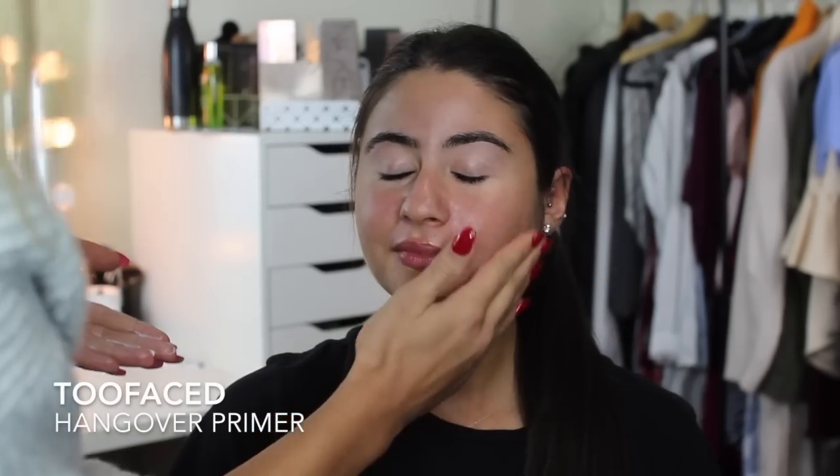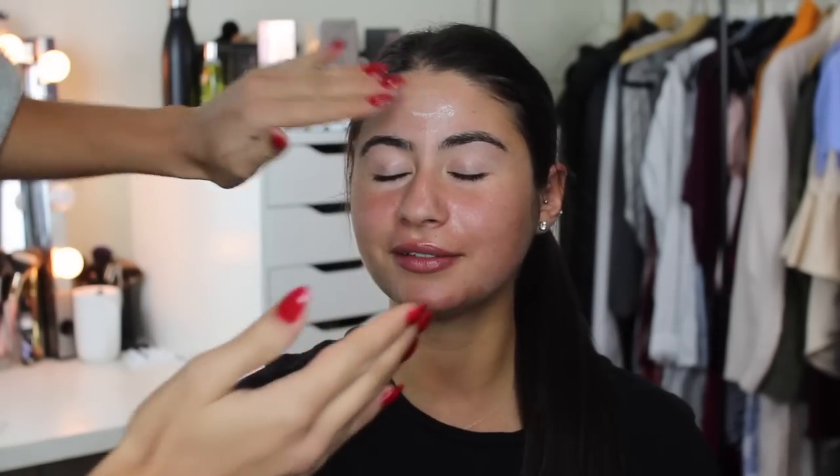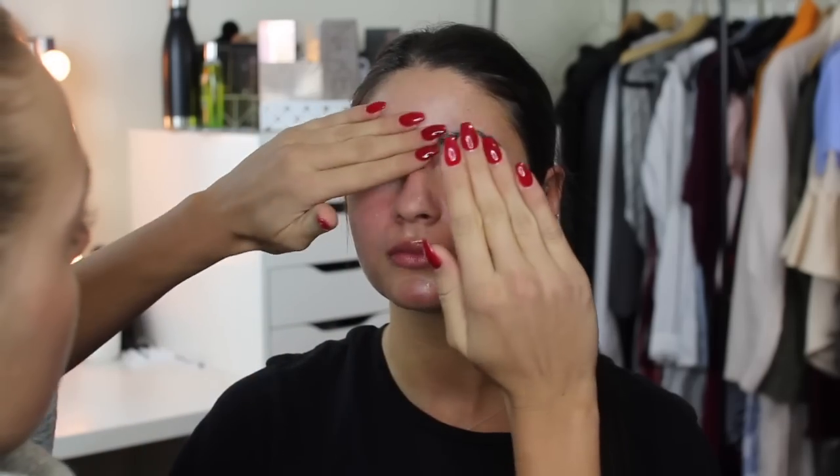So the first thing I'm going to be using is this Too Faced Hangover Primer. I really like this primer because it's lightweight, moisturizing, and I feel like it really does help makeup last all day. And then the next thing I'm going to be using is this rose water,